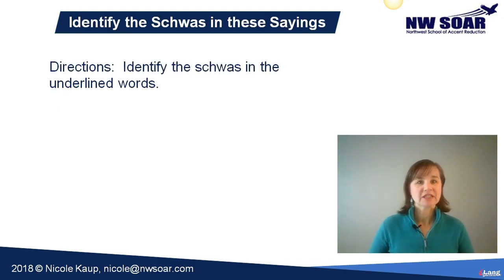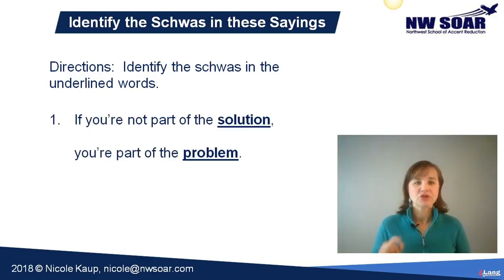All right, a final activity for you. Identify the schwas in the underlined words. Find this section in your workbook and go ahead and make a note. Above each of the schwa sounds, write the upside down E. And we're going to do 2 for practice here before you continue doing them as homework assignments. Number 1, again, you're going to write the schwa above the vowel letter representing that.